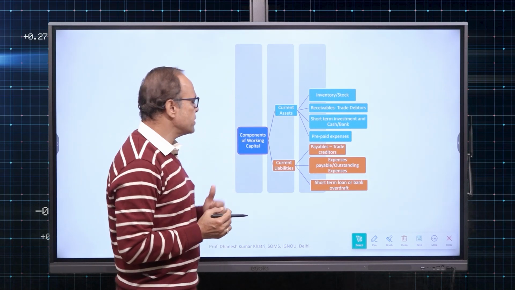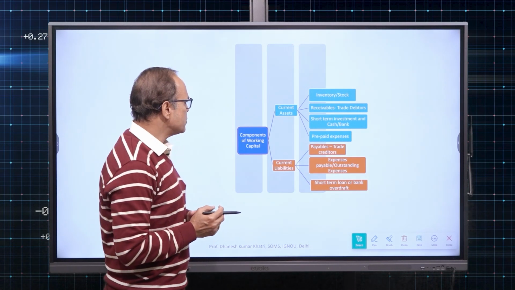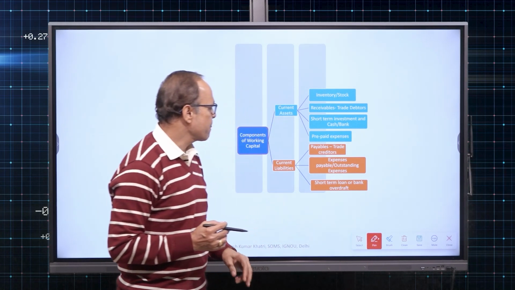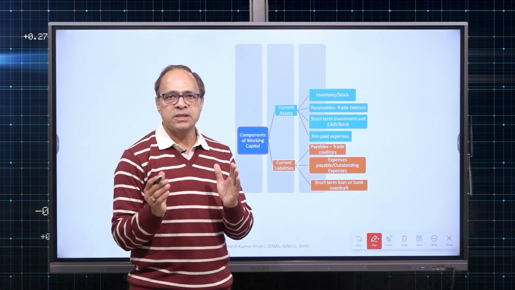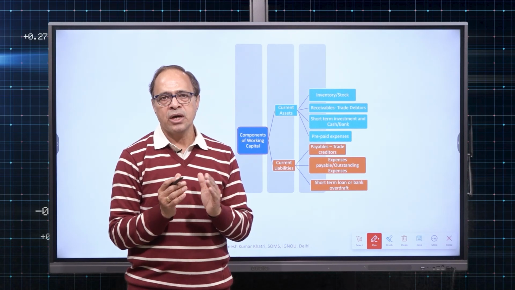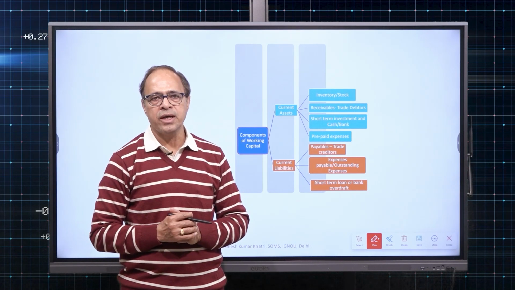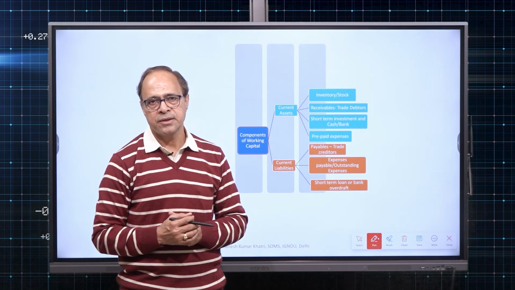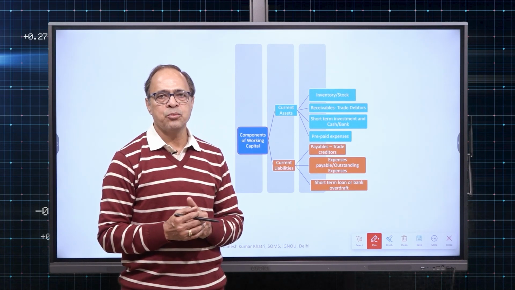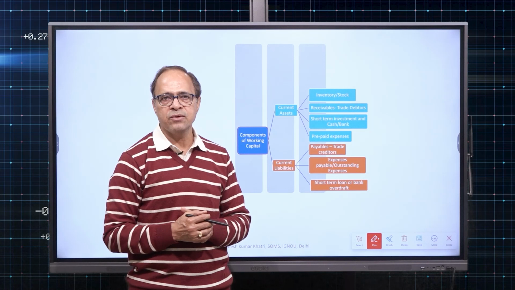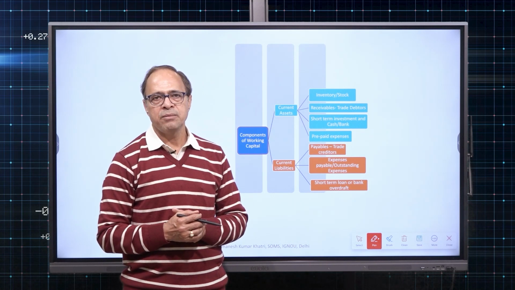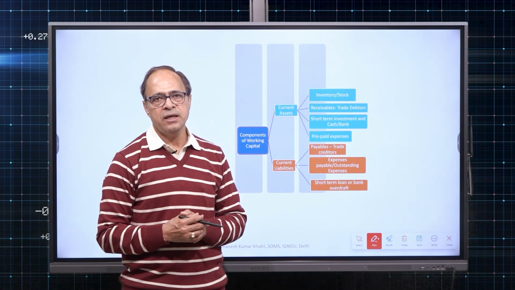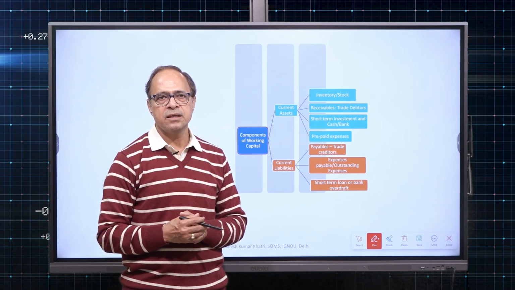Then what are the components of working capital? Components of working capital are two: current assets and current liabilities. Current assets are the ones which are either in the form of cash or likely to be converted into cash within 1 year or one operating cycle, whichever is later. In some cases the operating cycle, although nowadays it is never beyond 365 days, but earlier it used to be there. So, generally we say current assets are the ones which are either in the form of cash